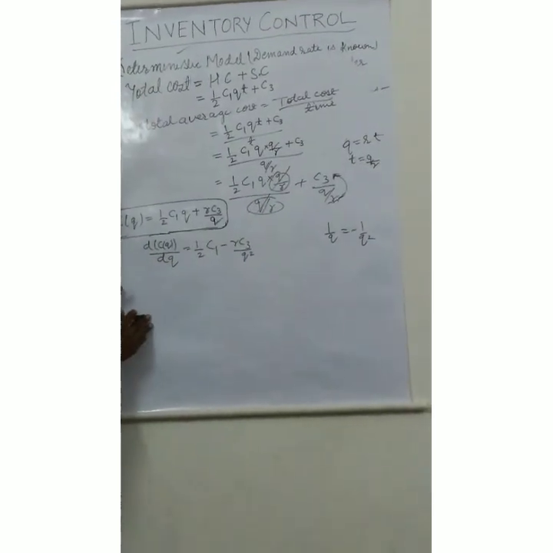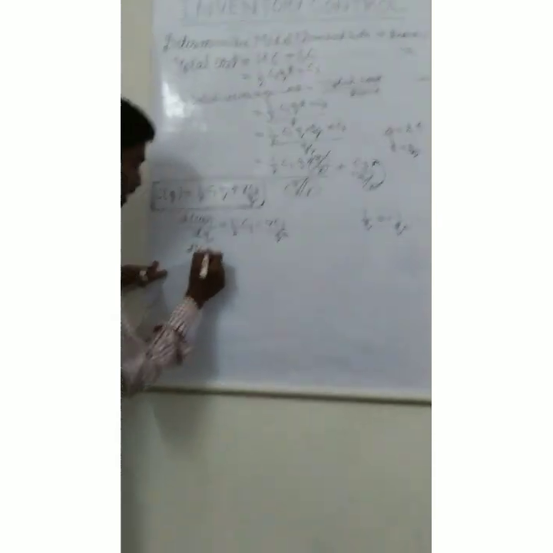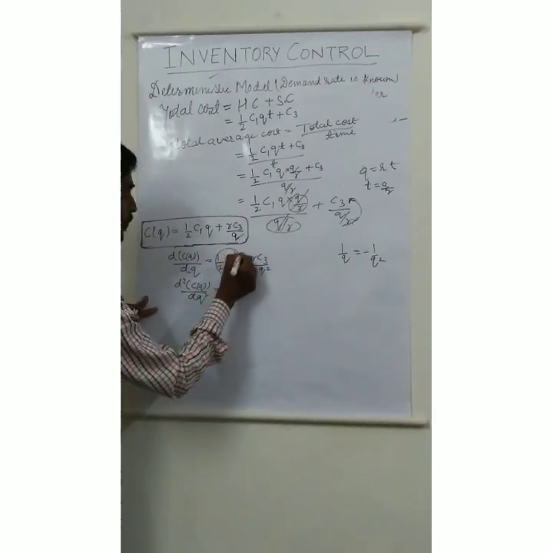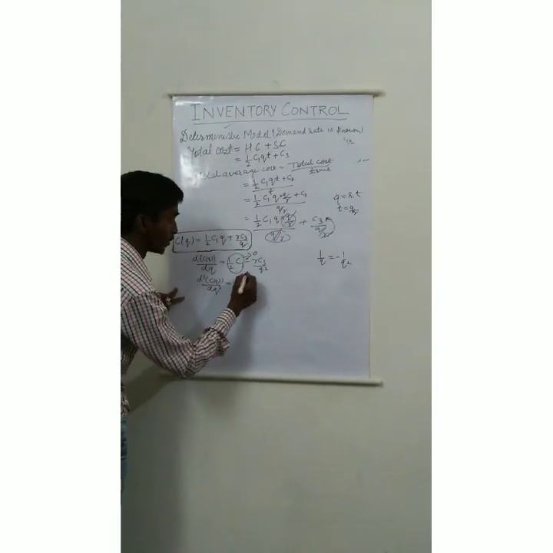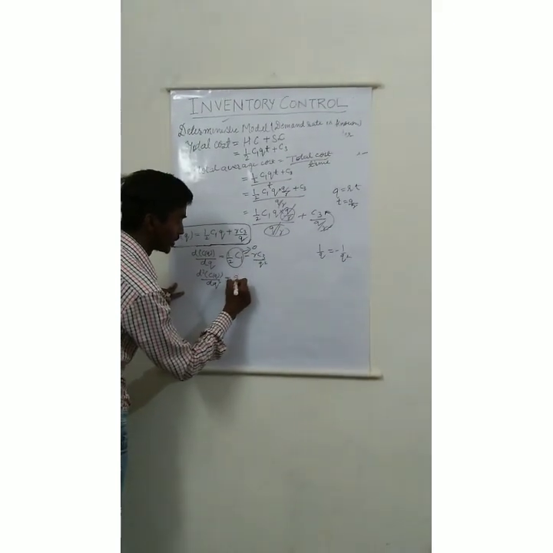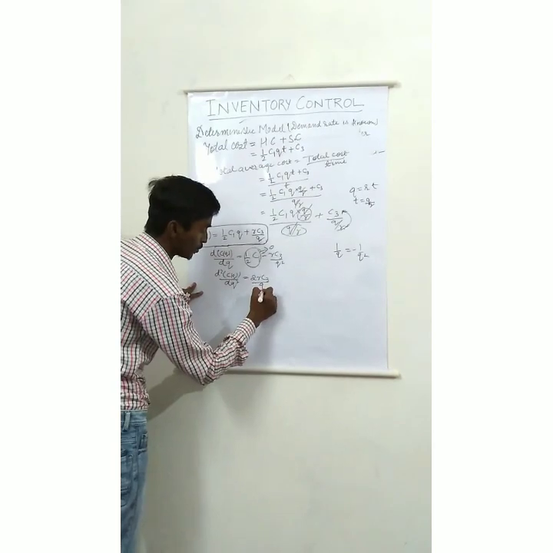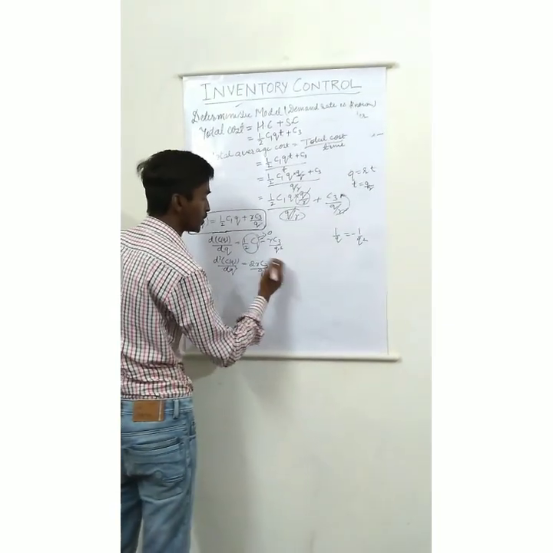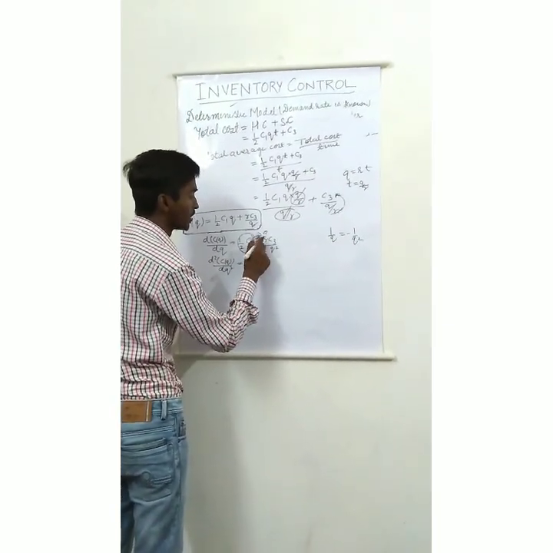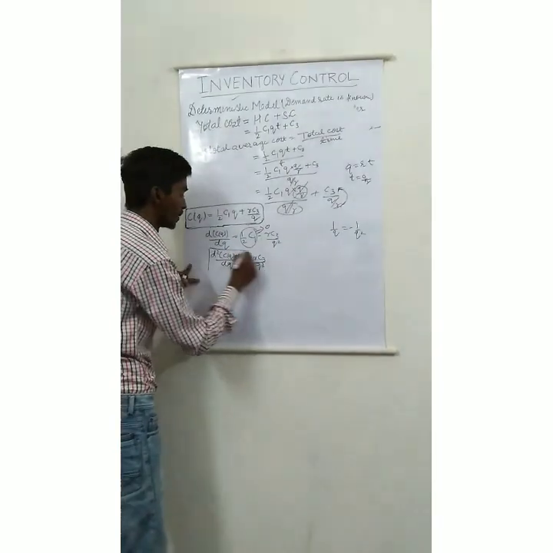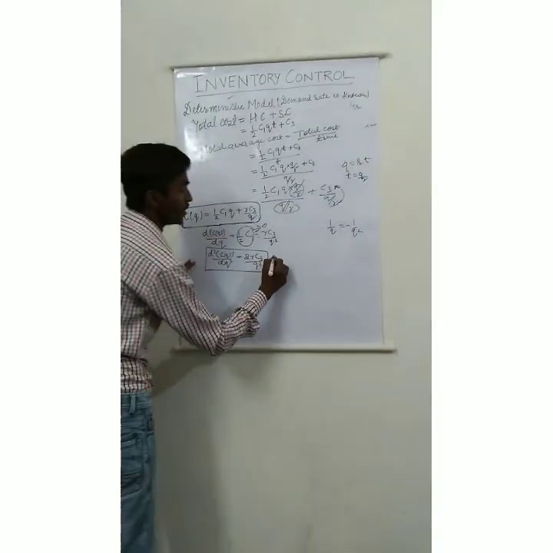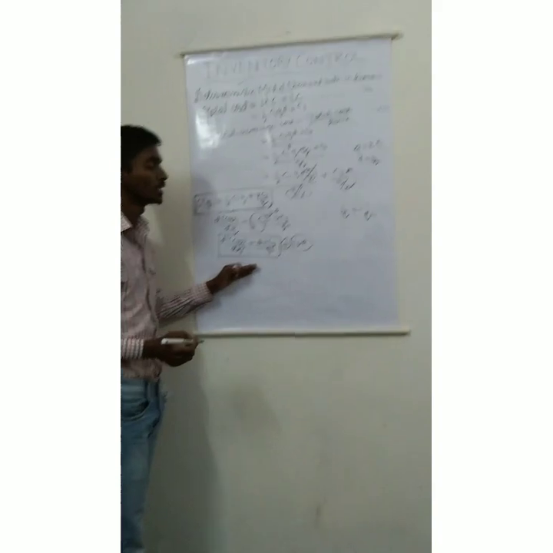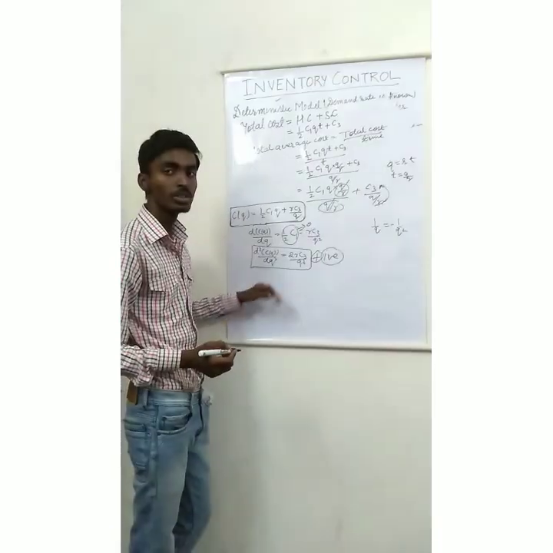Now again differentiate this equation. D square C upon DQ square is equal to, this term is free from Q so its differentiation is 0, and this gives 2RC3 upon Q cube. Because the differentiation of 1 upon Q square is equal to minus of 1 upon Q cube, and minus and minus makes plus. So the double differentiation is positive. By the principle of maxima and minima, if the double differentiation is positive, the value is minimum.